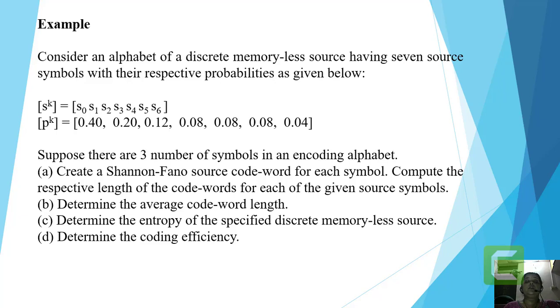We have to determine the average code word length. We have to determine the entropy of the specified discrete memoryless source, and we also have to determine the coding efficiency. So as per the given steps, we have to rearrange the given symbols in the decreasing order of